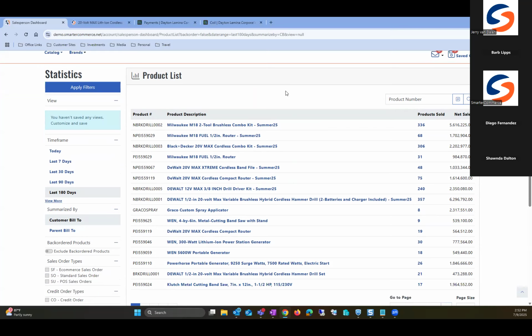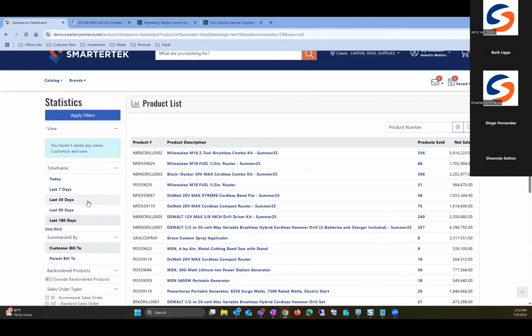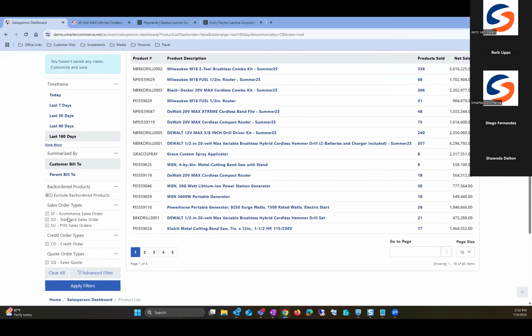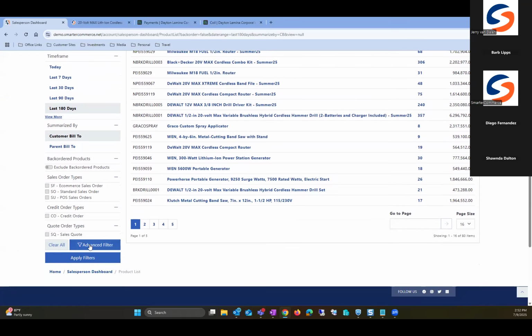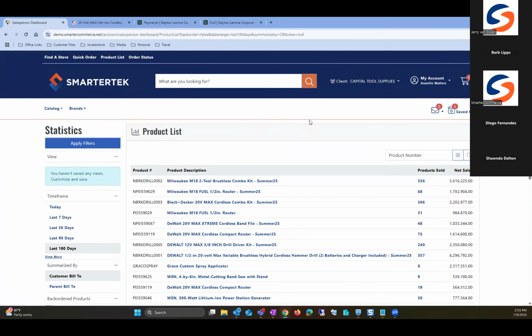but also see the very summarized view, and see as orders are coming in and be able to measure what things are occurring and what orders are flowing in. And then I can even filter down further if need be to different order types. I can see credit orders, quote orders, and so on. And then I have additional advanced filters that I can apply, for things like I don't want to see back orders, and different features and functionality that allow your sales folks to easily and quickly find